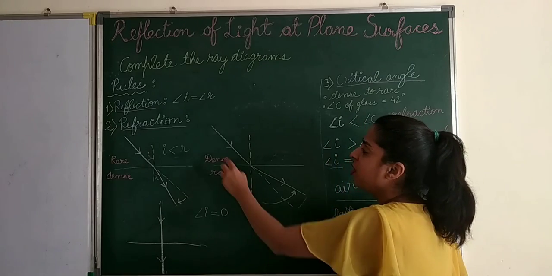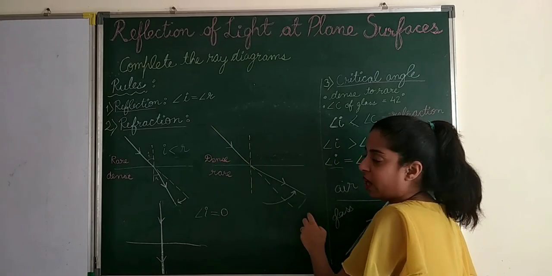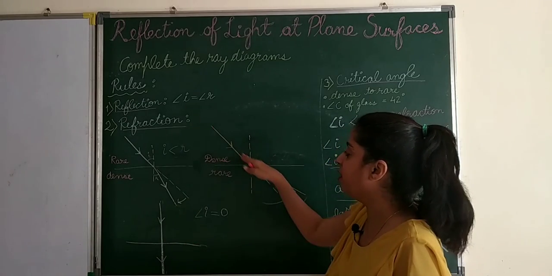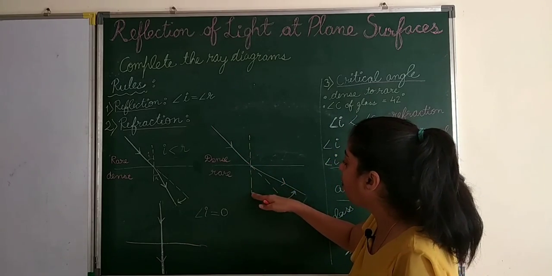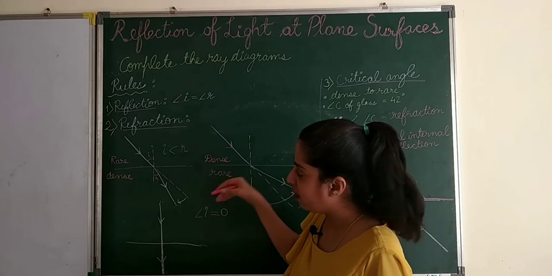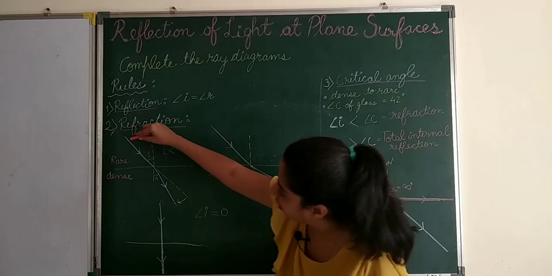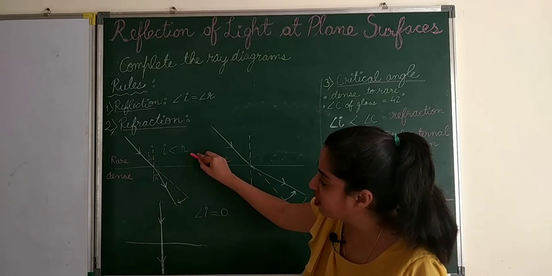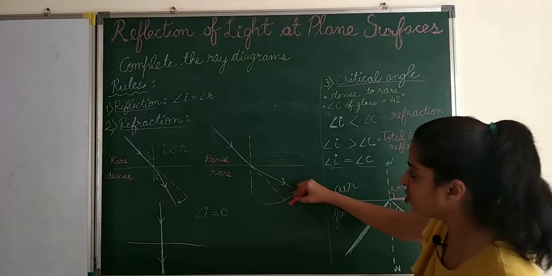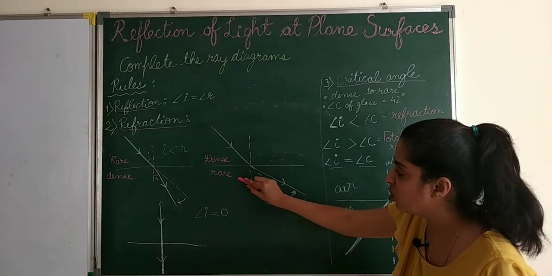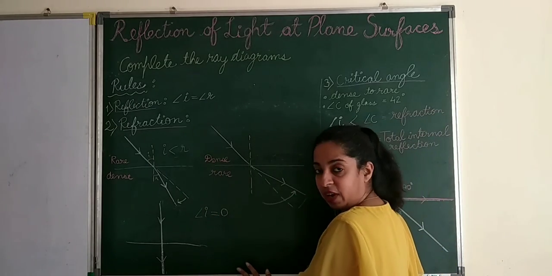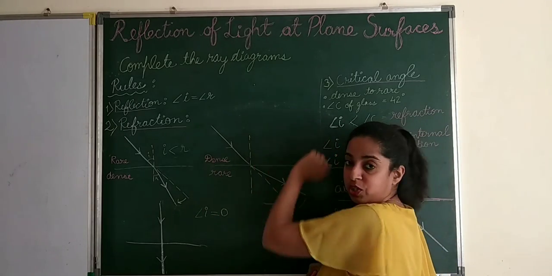Now whenever a ray is entering from dense to rare, so when he is coming from the jungle to the open space, he will feel free. Now he will move away from the mother. So if there were no mediums, it would have passed like this straight. But since they are coming from rare to dense, it will move towards the normal. Here also it would have passed straight, but since they are coming from dense to rare, it will move away. So these 3 laws of refraction we will have to keep in mind to attempt these questions.